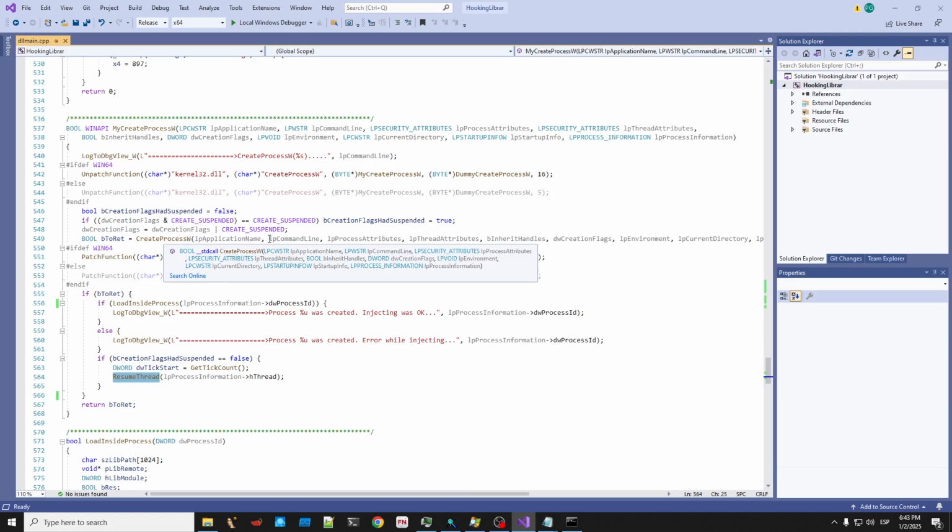What I do is create this process in suspended mode. I inject this same DLL inside cmd.exe, so it gets injected at a very early stage, and then I resume it. When I resume it, the DLL is already injected. So at this time I already hook all the LoadLibrary APIs inside